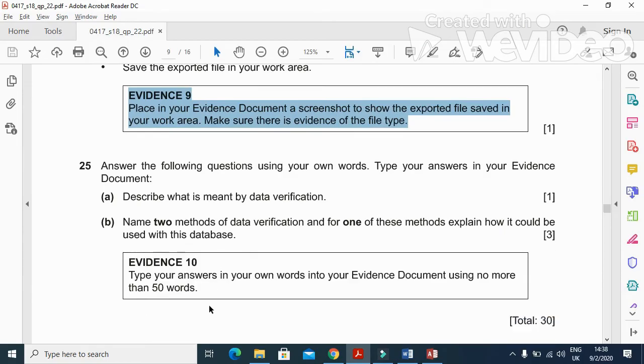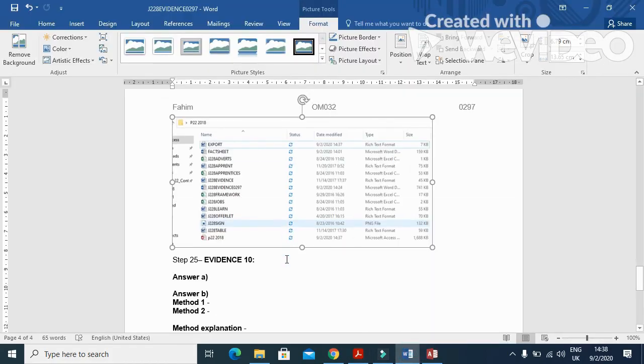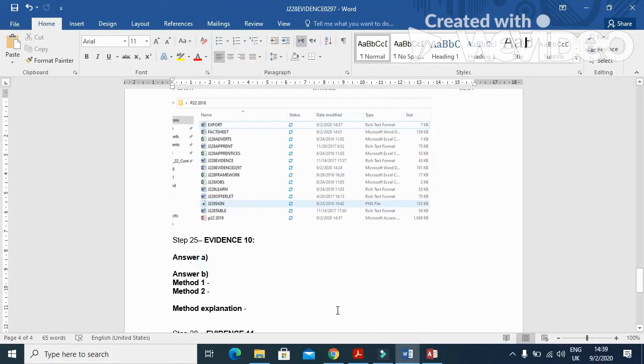And then the next step is answer the following questions. Now we need to answer the following questions in our evidence document. And what are they? So they ask us to describe what is meant by data verification. So data verification, we will call that